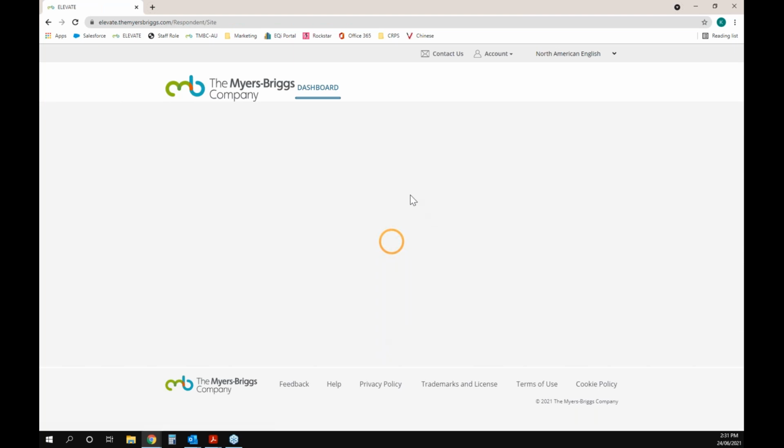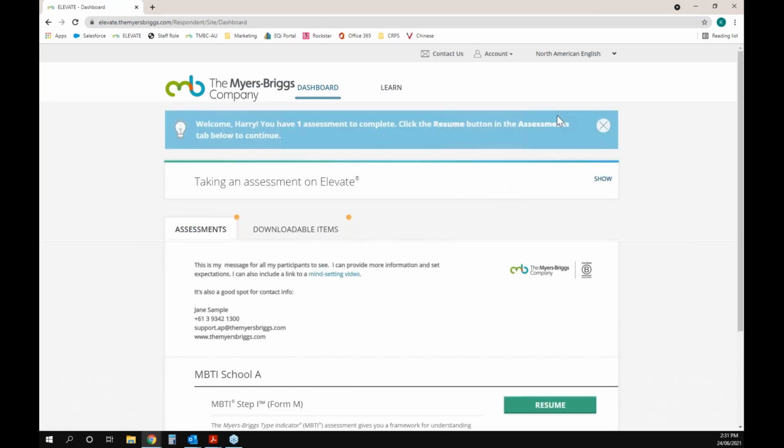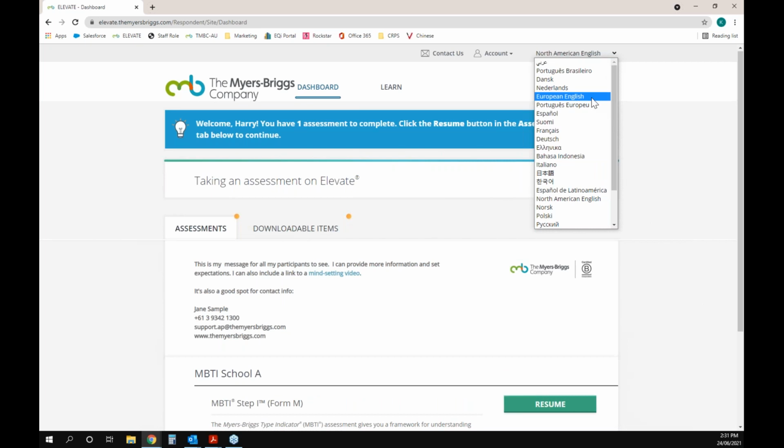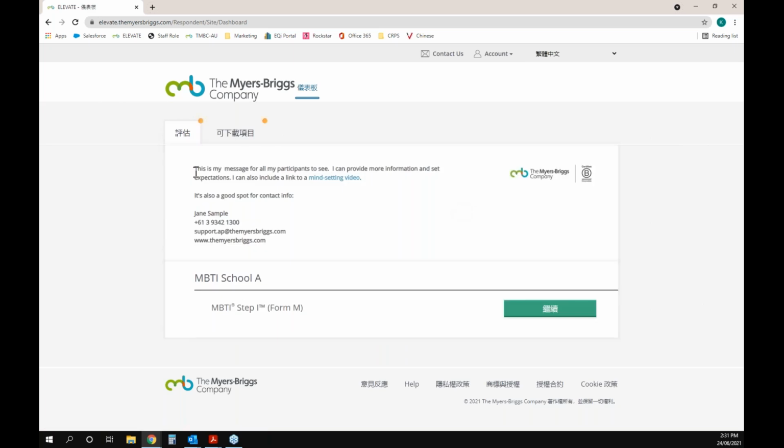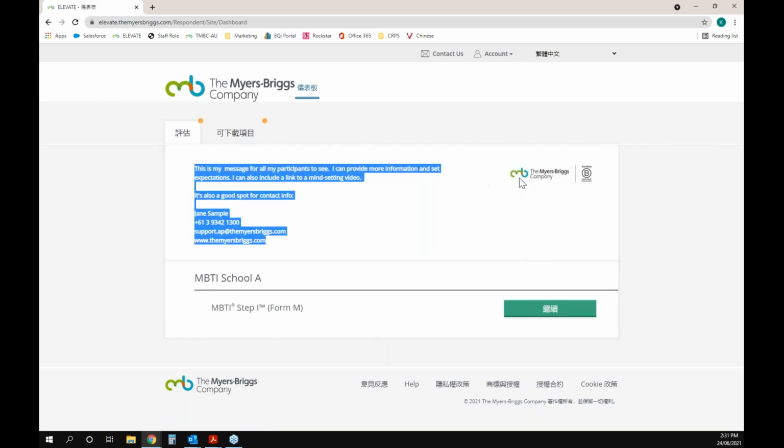So first thing I want to point out is that your respondents can take the assessments in their preferred language. And we do recommend you always tell people take it in the language you're most comfortable with. These are all available for the MBTI. If you're using other tools, there might be limitations to which translations are available. But the site will tell you if you pick something that's not a translation available for the assessment. But if you click to translate that, it'll translate as much as it can on the page. That excludes the personalized greeting and your logo, but everything else will be translated,